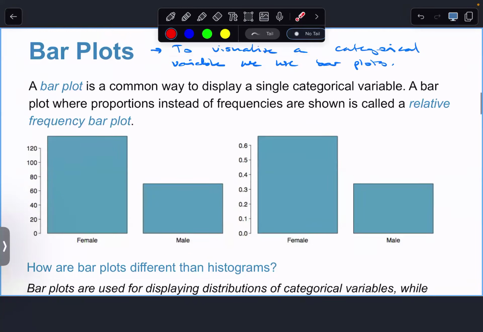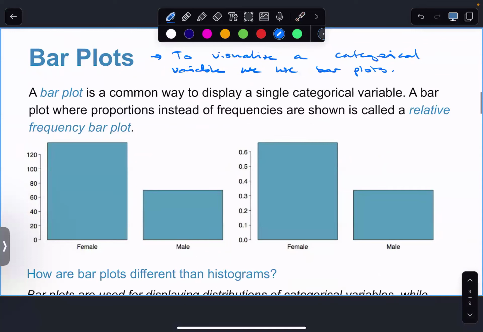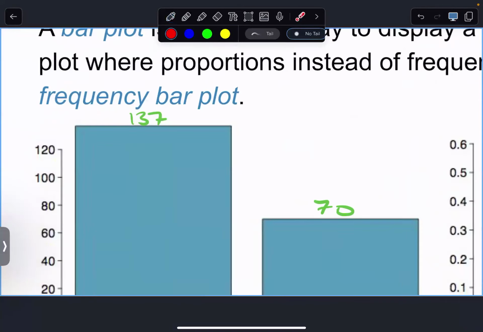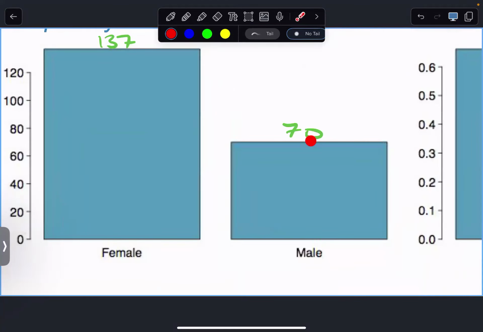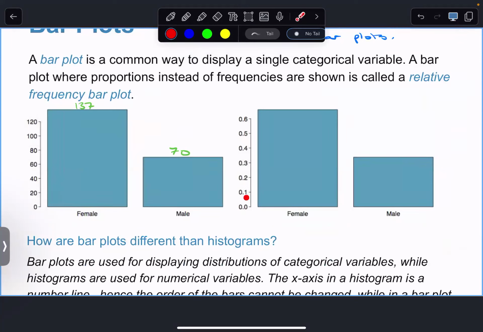And so we said that from this table, we had 137 females and 70 males, which we can represent visually like this, right? It's only because I have the data from the previous slide that I know this is 137, right? But we can get a pretty good idea about what the count of females is versus the count of males. Right? For that reason, it's usually better to talk in terms of the relative frequency bar plot, okay, where